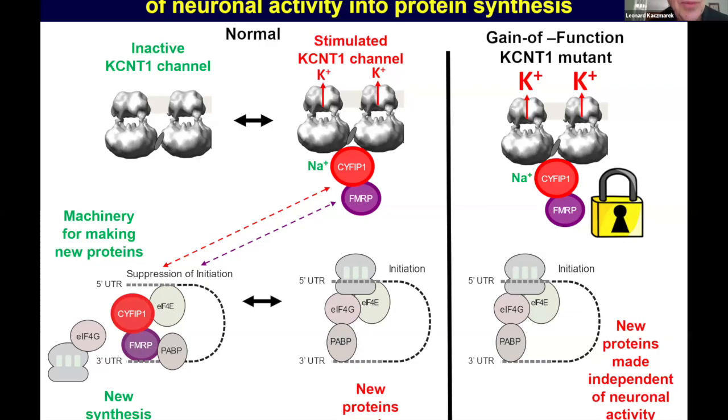How do KCNT1 mutations result in intellectual disability? There's a bunch of reasons for thinking that seizures are not the only problem with KCNT1 mutations. Particularly, there are conditions such as ADNFLE, or autosomal dominant frontal lobe epilepsy, where the intellectual disability is evident even before there are any seizures. And there are other mutations that can produce very similar patterns of seizures without the severe intellectual disability.